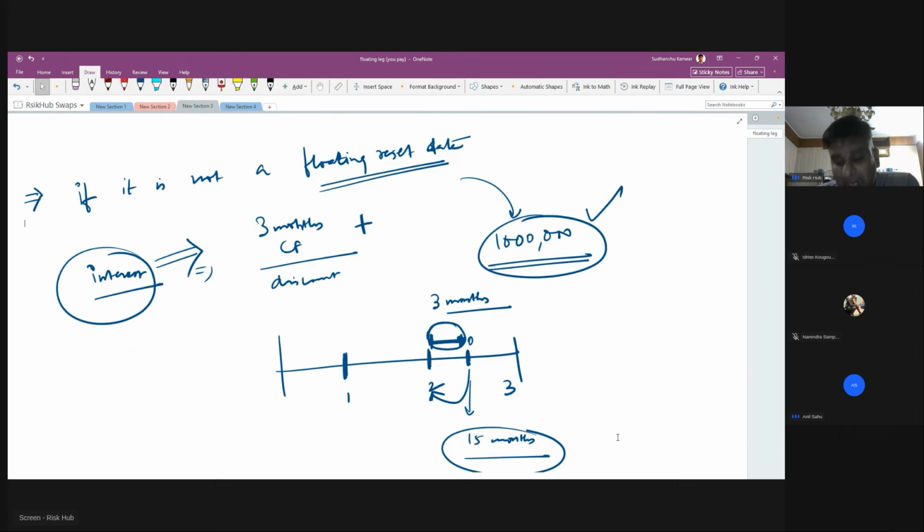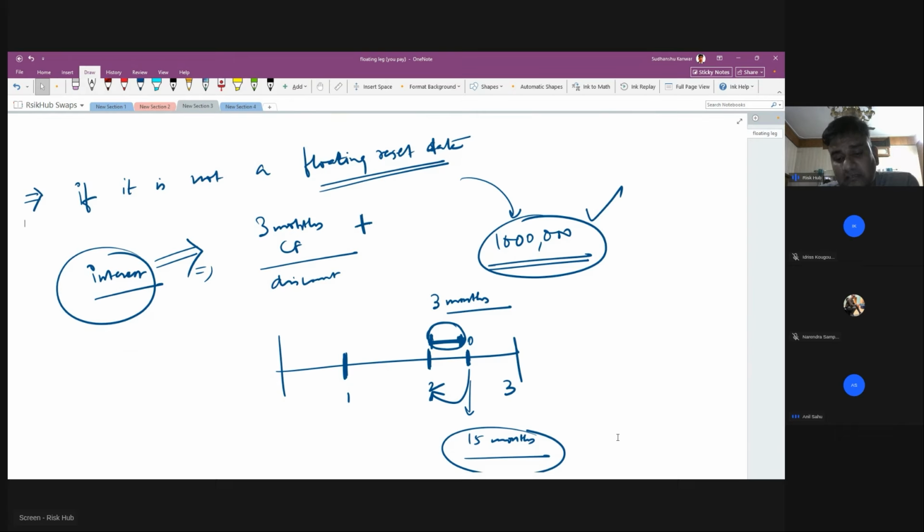Now, adding on to this, your question is what about the counterparty? How is the counterparty affected? Because if everything is being reset, the counterparty is not getting anything, right? Now, coming to that part, when you say the counterparty is not getting anything, it's not like that. When the counterparty is entering into such a situation, the counterparty is very well aware that